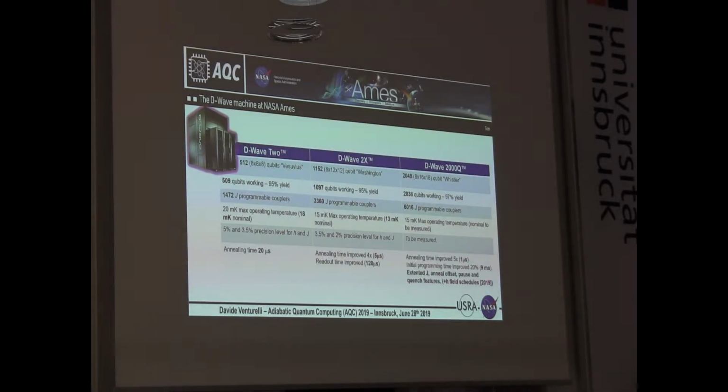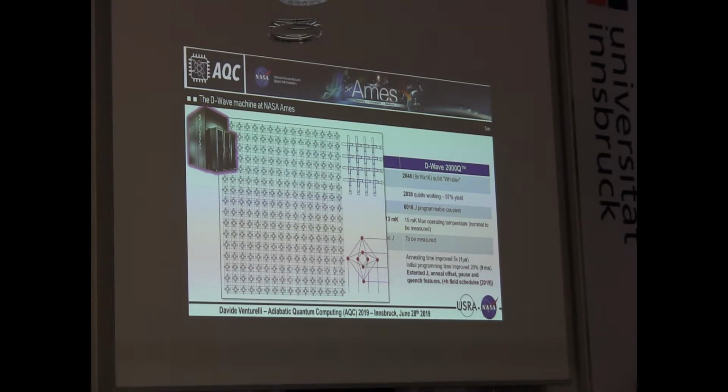Just a little recap. NASA has had a D-Wave machine for 5 years now. We upgraded to every newest generation chip. The latest one we have is 2000 qubits. Actually, 17 qubits don't work, but the rest work well. And we have access to all the features that have been discussed